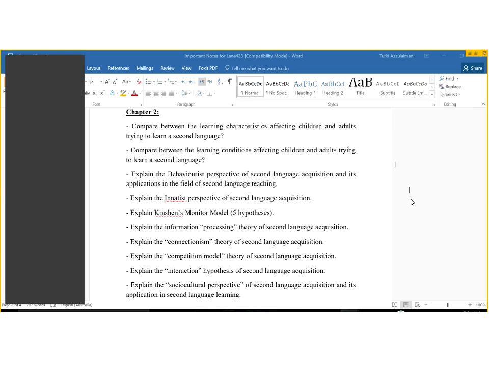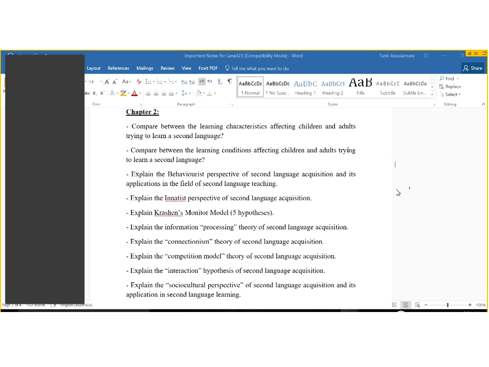Okay, so as we can see, these are the most important questions in chapter 2. Like I said, it does not mean it's everything, but it is pretty much 90% or 85% of all the things that are important in chapter 2.